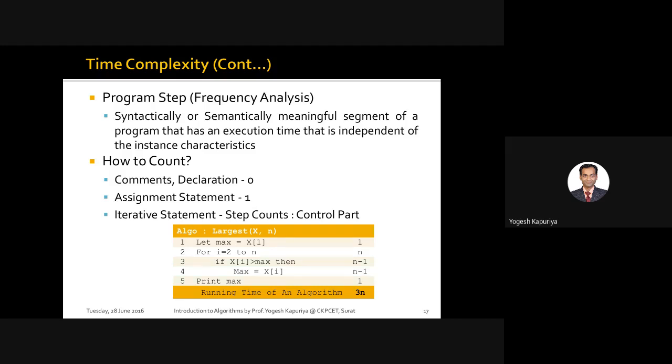So if your loop is running n times, and it is written in the form of a for loop or while loop, then this will execute n plus 1 times. Remember this, it's very important, and that will solve lots of your doubt and confusion when it comes to calculating the time complexity, or the step count.